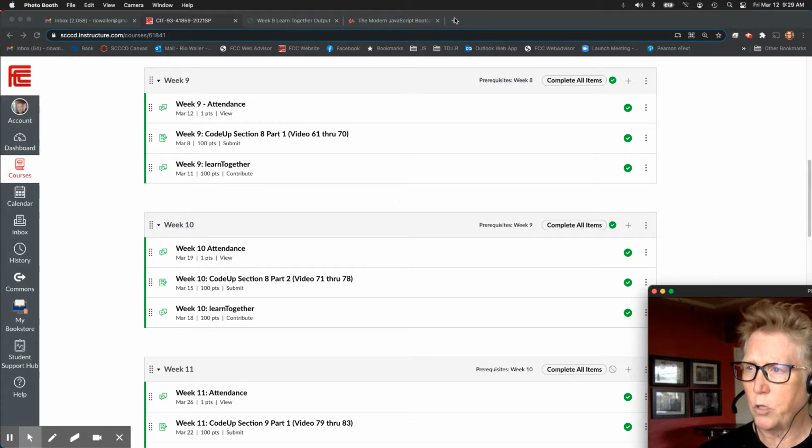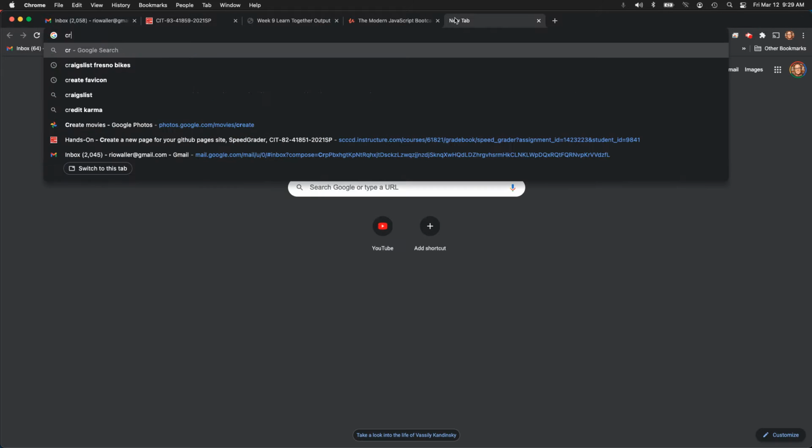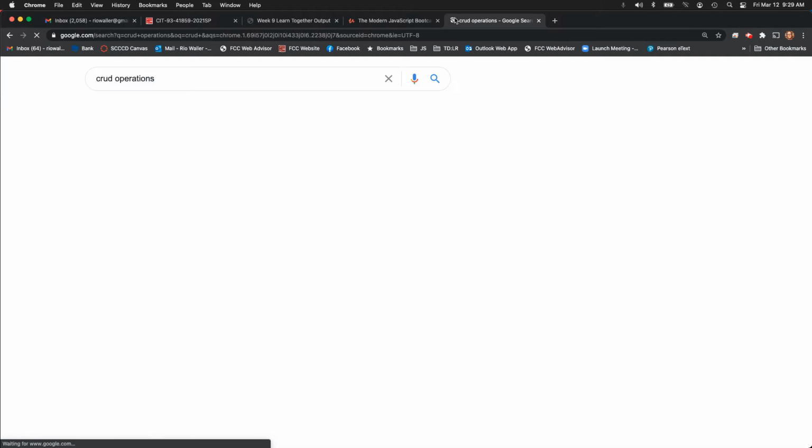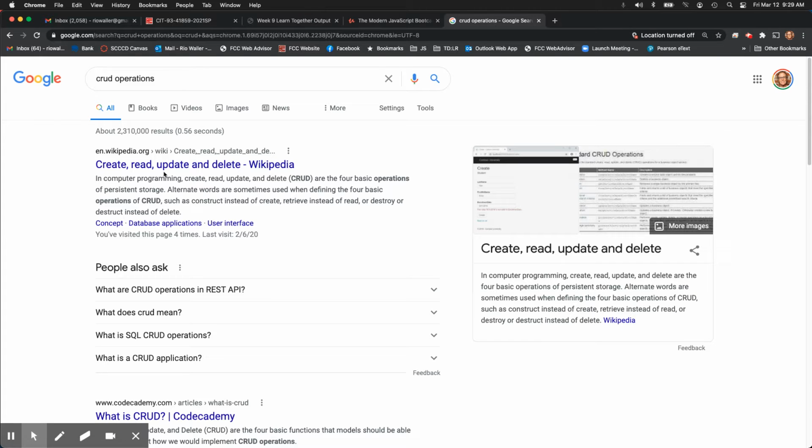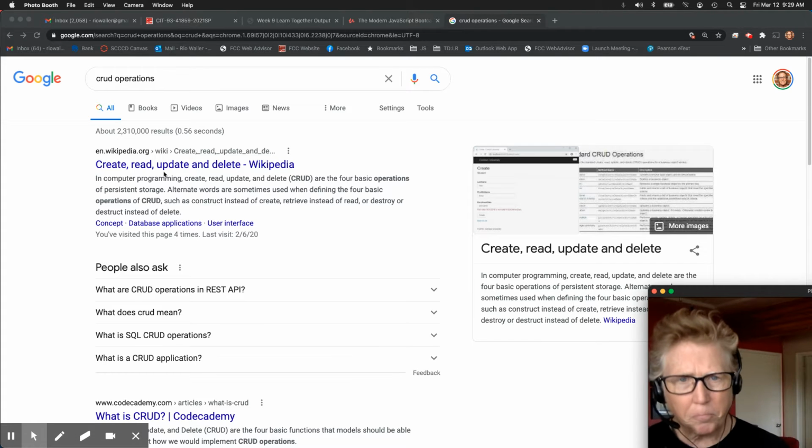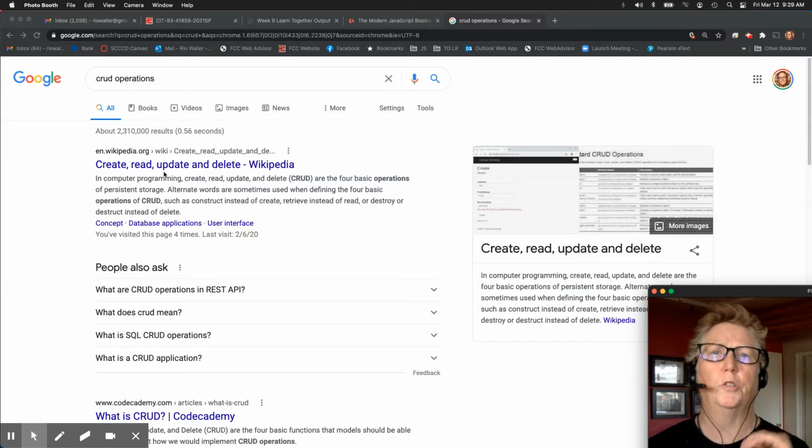So CRUD operations is really what we're doing here. Okay, so create, read, update, and delete. And what we're doing to implement those concepts, of course, event listeners, inputs, HTML inputs, grabbing the values out of